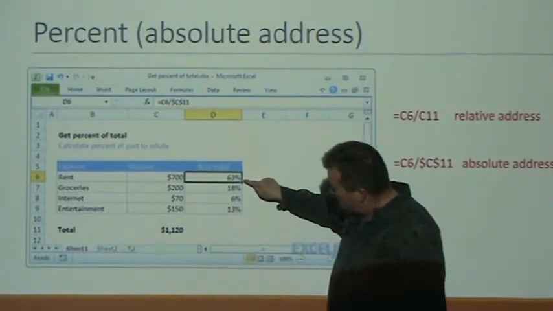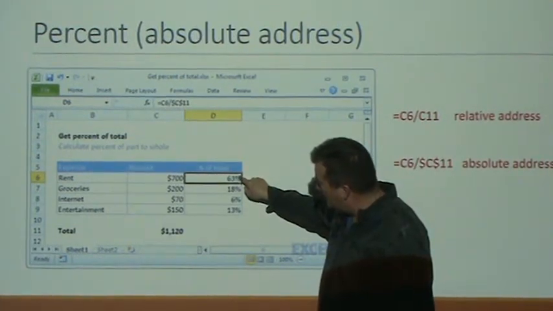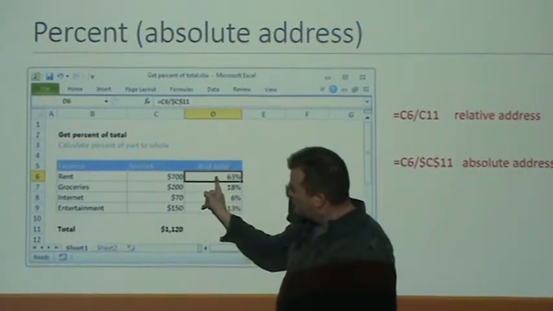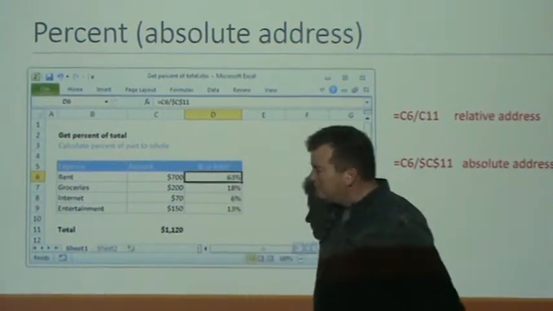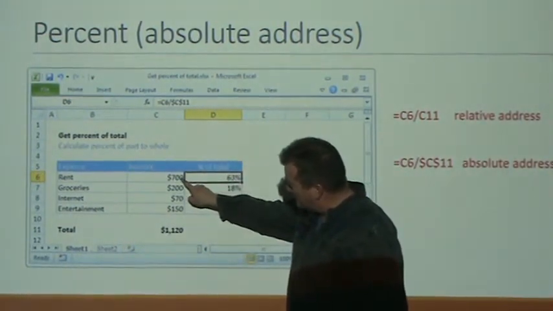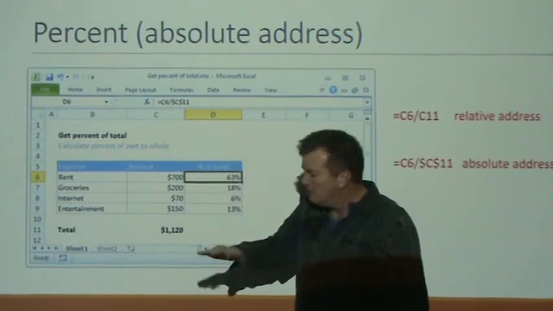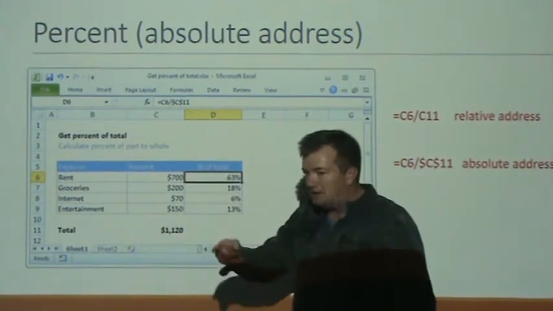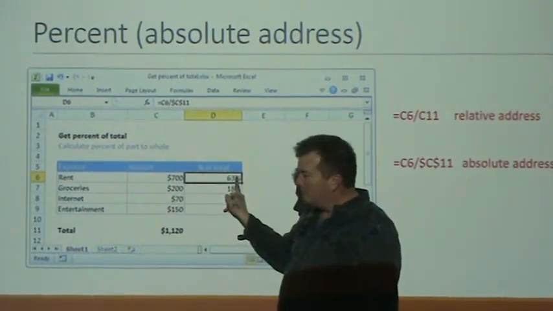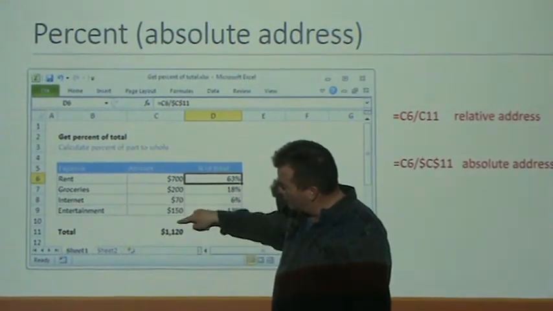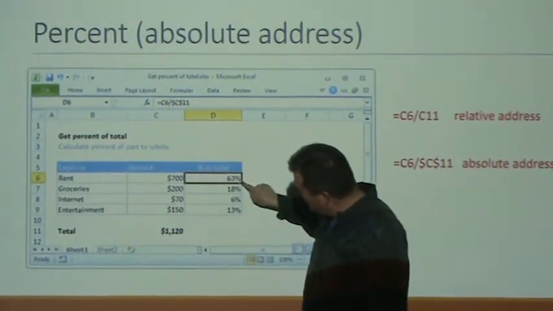Well, this box is in the D column. It's using one column to its left as this box, and then it's using one column to its left and 1, 2, 3, 4, 5 rows down as its denominator. So the numerator is the number one box to the left, and the denominator is one box to the left and 5 rows down. So if you autofill this, if you took this box as is and dragged it here,